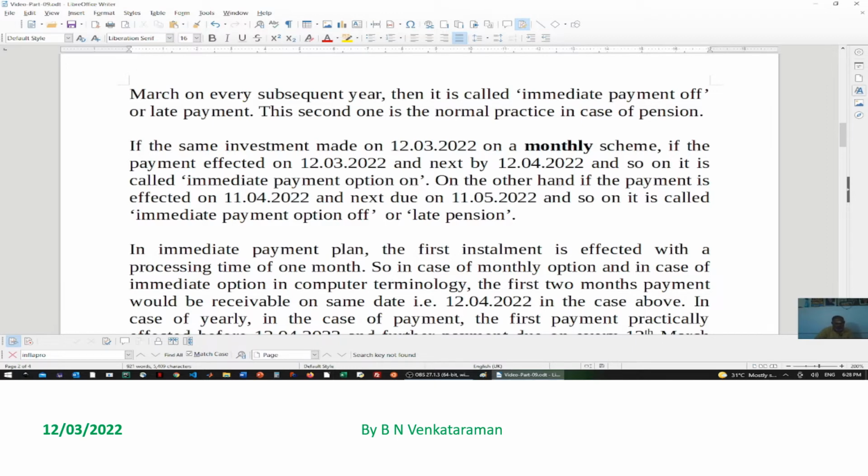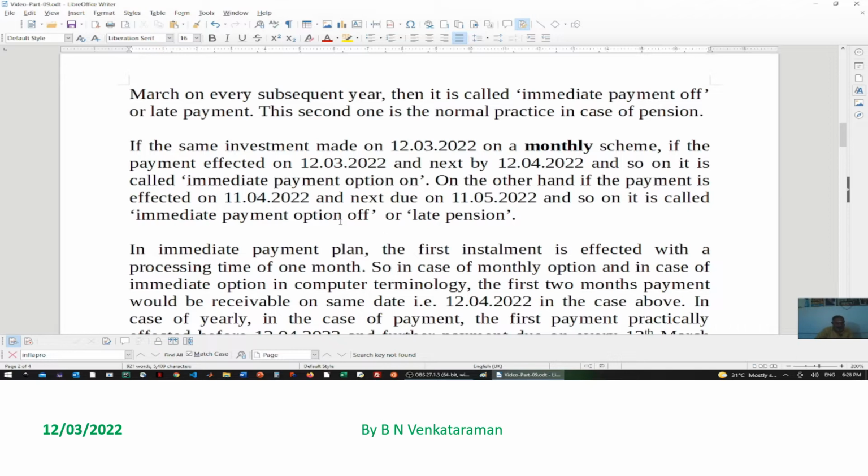On the other hand, if the payment is effected on 11th April 2022, that is at the end of the first month, and the next is due on 11th May 2022, and so on, it is called immediate payment option off,